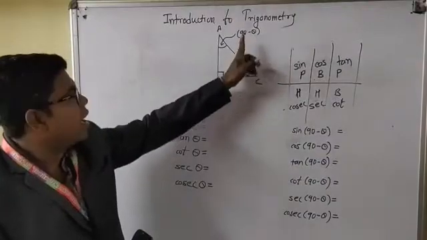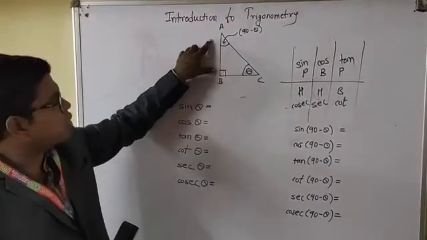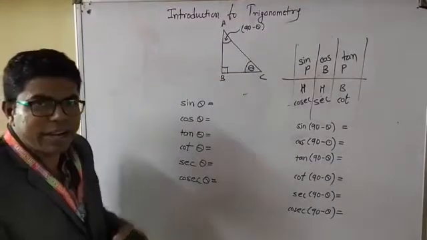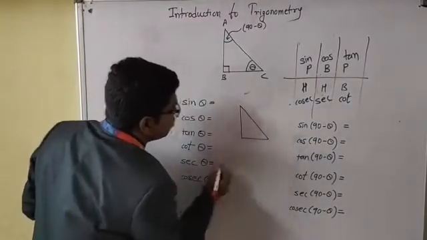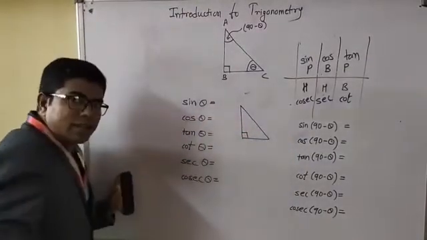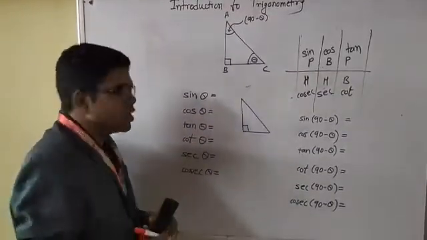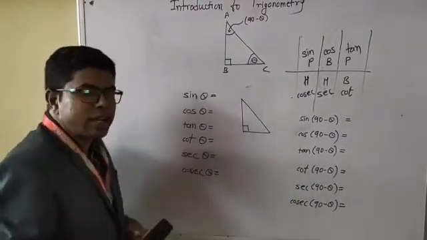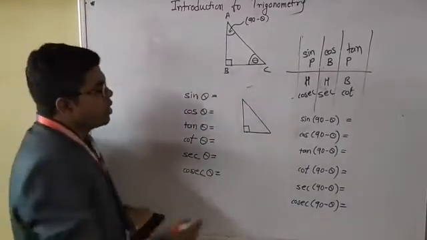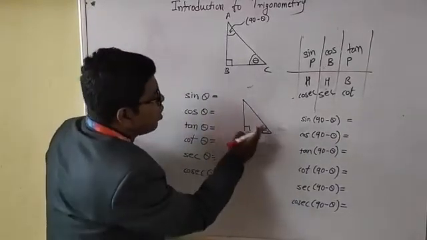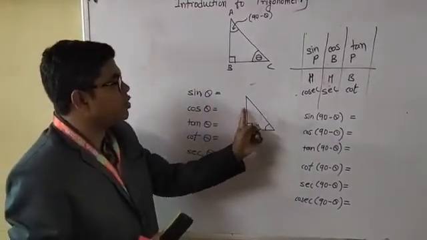These ratios are applied for the sides of a right angle triangle. These are actually the ratios of sides of a right angle triangle. Now in previous standards we know that if we know any two sides of a triangle, then we can find out the length or the measurement of the third side using Pythagoras theorem. Now in 10th standard we will learn that if we know the length of any one side of a triangle and any one acute angle, then we can find out the measurements of the remaining two sides of a triangle